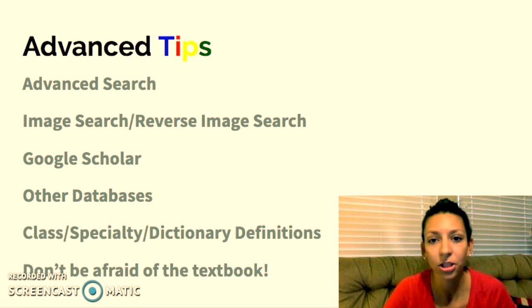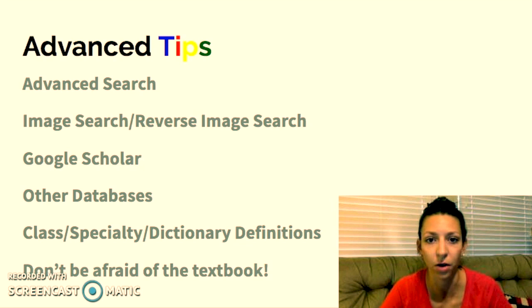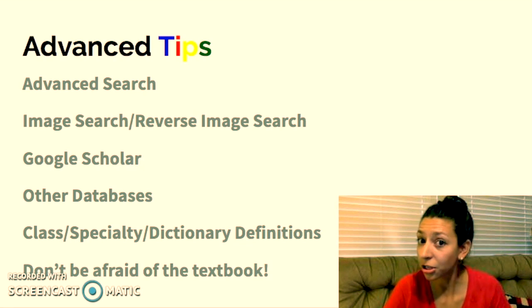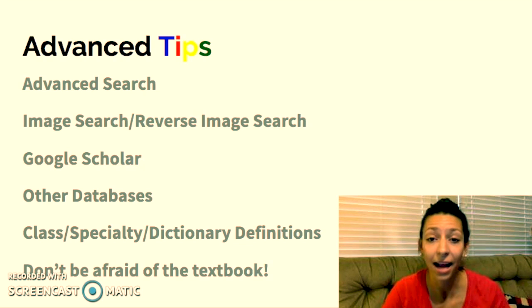And two, the information is often categorized in chapters that make it helpful to find other useful information as well. So if you're having trouble on Google, it might not be a bad idea to go up to the shelf where your teacher has some old textbooks and maybe take a peek in one of them. And if you didn't know how to use an index, the index in the back of the textbook is a